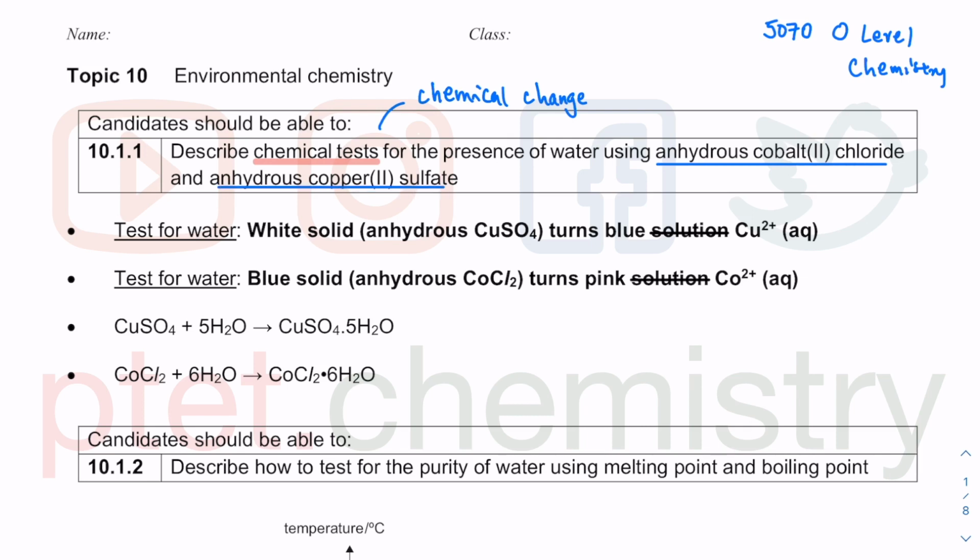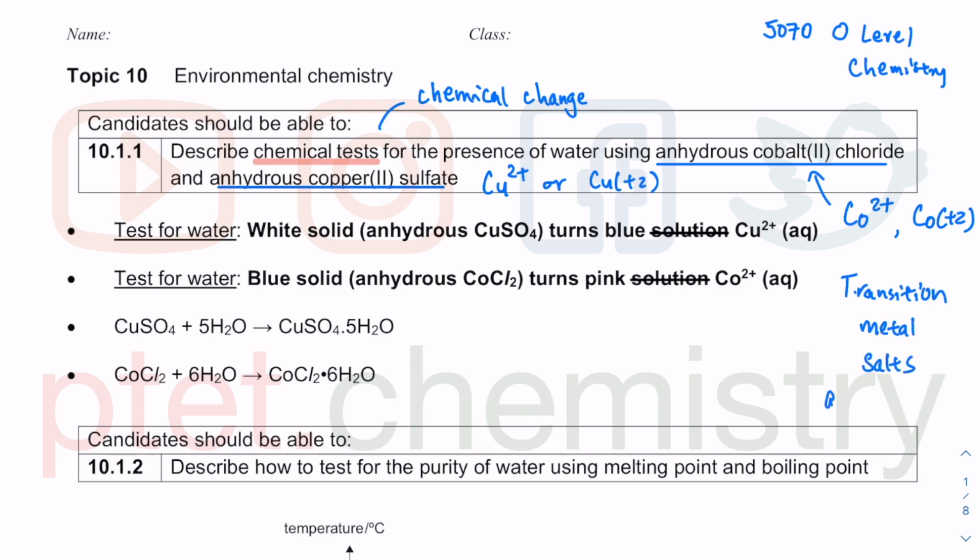or also anhydrous copper 2 sulfate. What you would notice is that this contains cobalt 2 plus, or you can say cobalt plus 2 oxidation number. This is copper 2 plus, or you can say copper plus 2 oxidation number. What we know about these are transition metal compounds, and as a result of them being transition metal salts, they are colored. So they are colored solids. They also form colored solutions. This is a continuation from the properties of transition metals, where they form colored salts, colored compounds, not only as solid